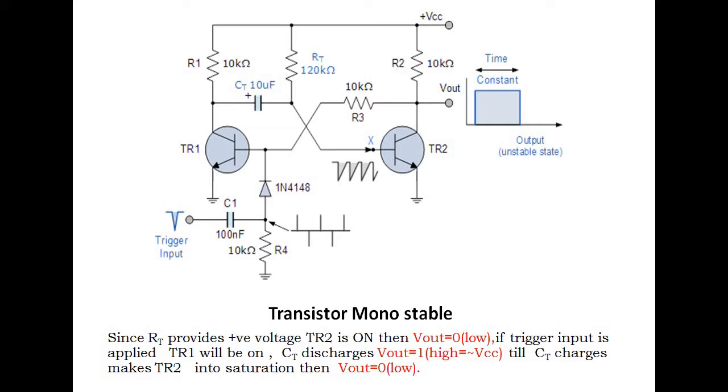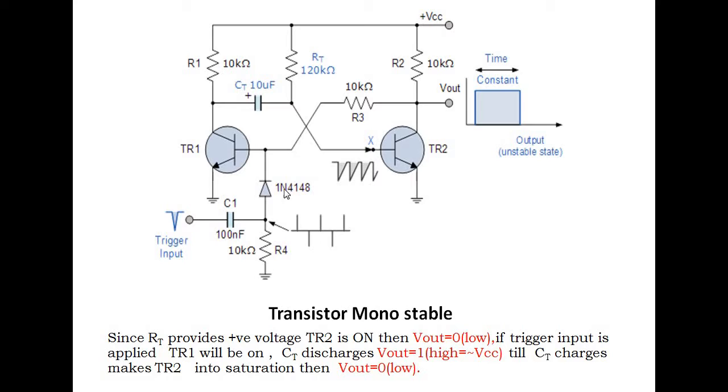Now, where exactly we are observing the total output is at TR2. In this state, output is 0. This entire thing, this diode IN4148, the capacitor and the resistor R4, consists of a triggering circuit, right? We have not applied the triggering. Before the triggering, output is 0. Why? Because we are operating the transistor TR2 in saturation and TR1 in cutoff, right?